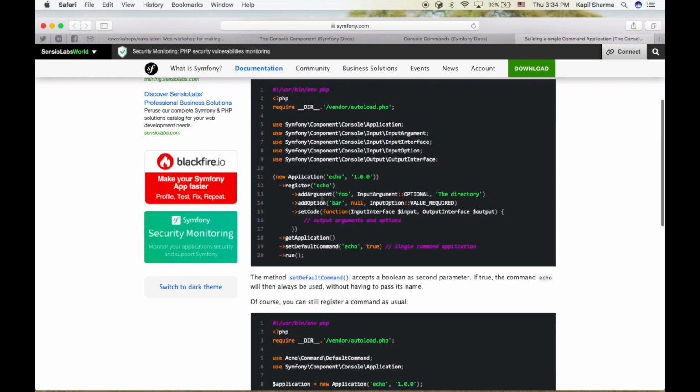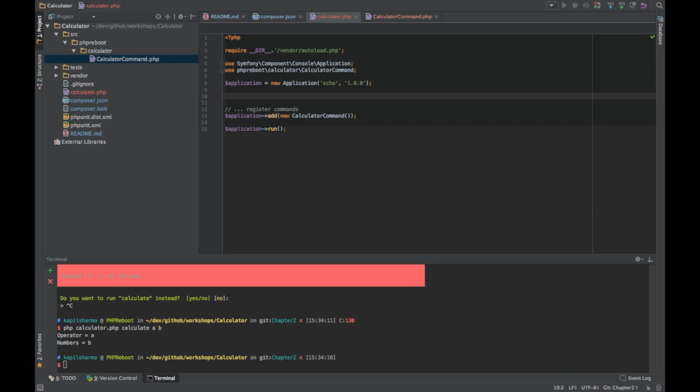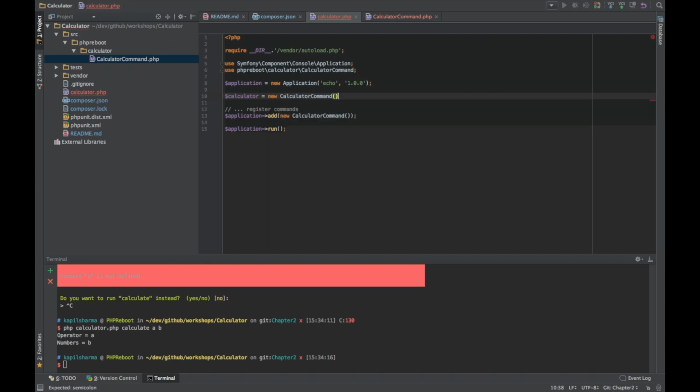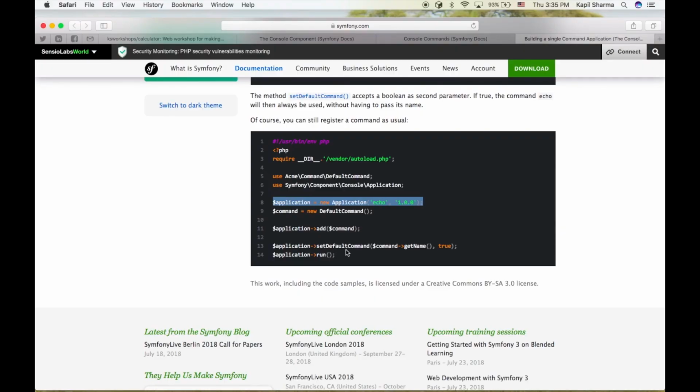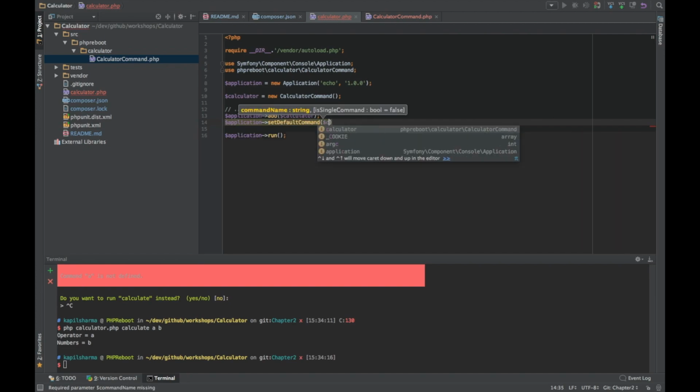here we are basically doing all the code in this file that I might not want because we need to build on the architecture. So basically we calculator equal to new CalculatorCommand, and now I can pass it here, $calculator. Now I need to set the default command. This actually does the trick. So I do application setDefaultCommand, calculator